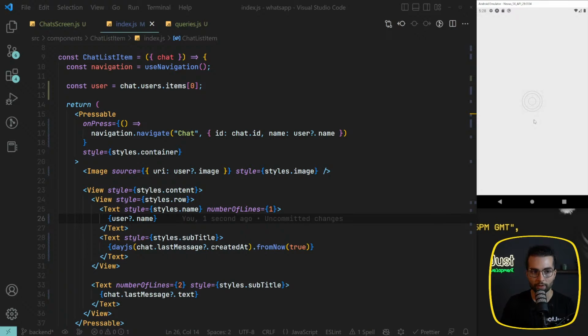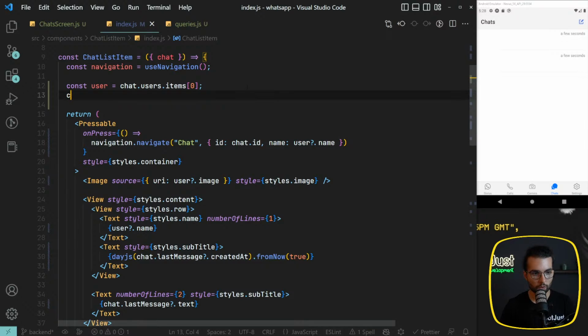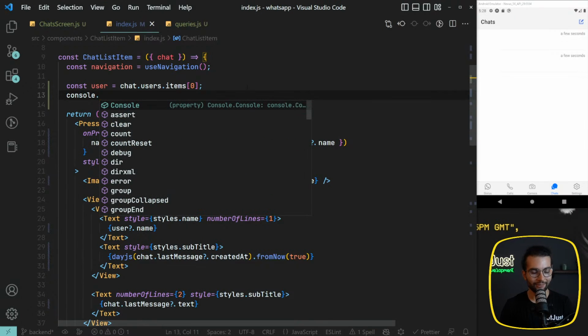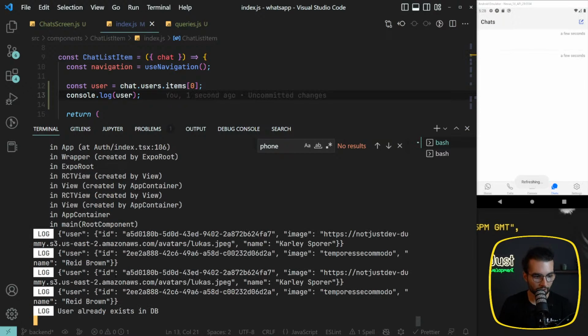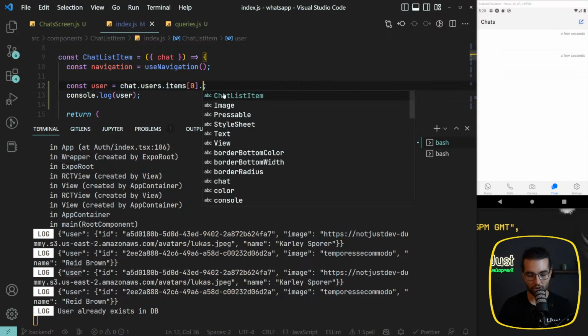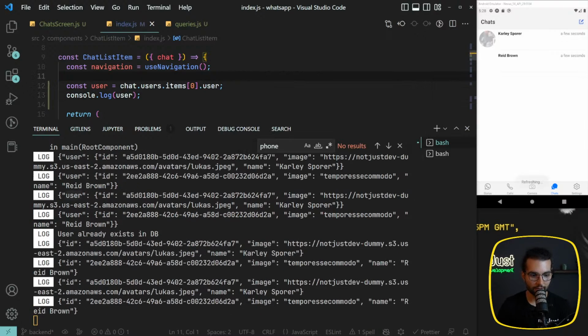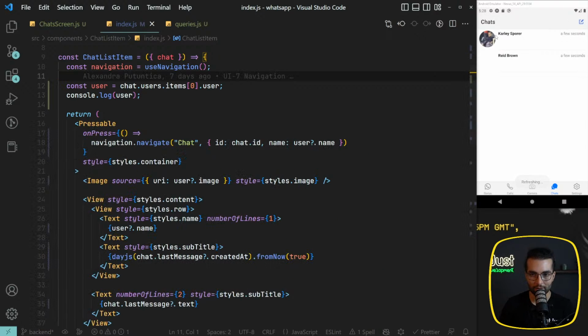I really hope that I will. No, because why? Console log user, let's do that. So user.items.user. And now, yes, we see the name and the image